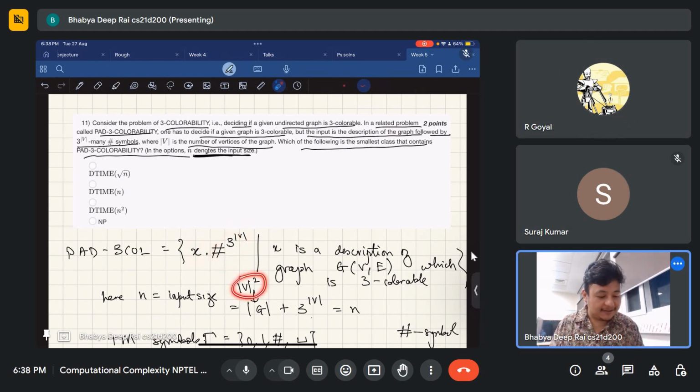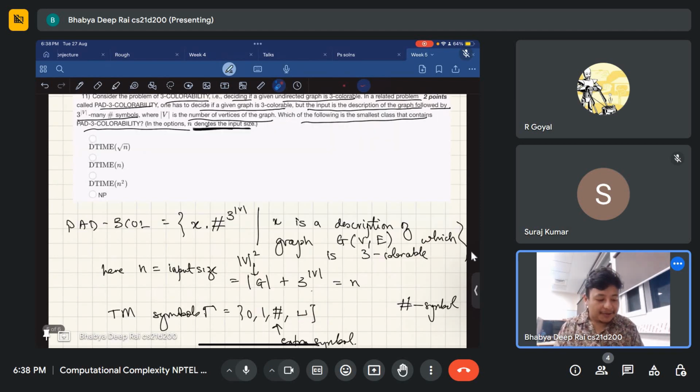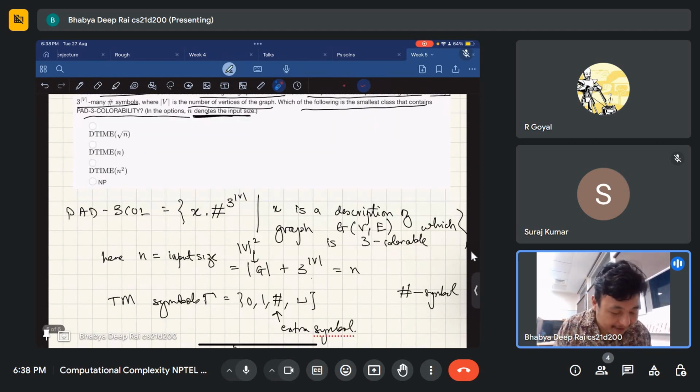Right, x is exponentially smaller than the rest of the input. So the idea is that these are just redundant, we don't need them actually. We don't need them at all. So the idea is as follows: even if I do a brute force approach to solve 3-colorability on this part,